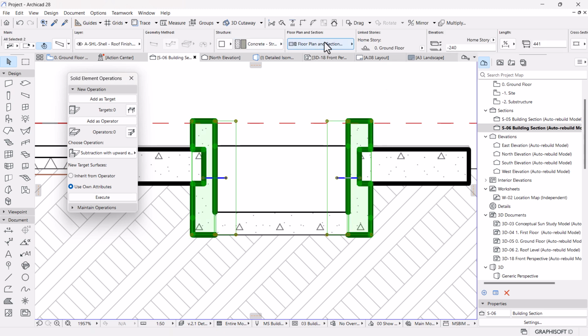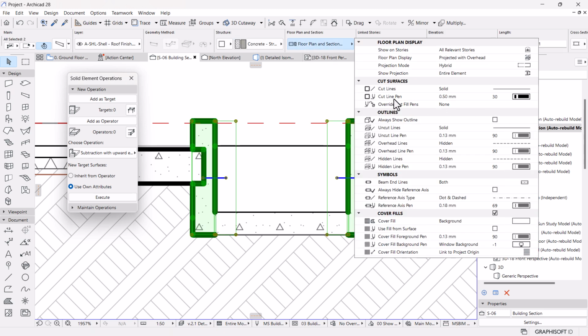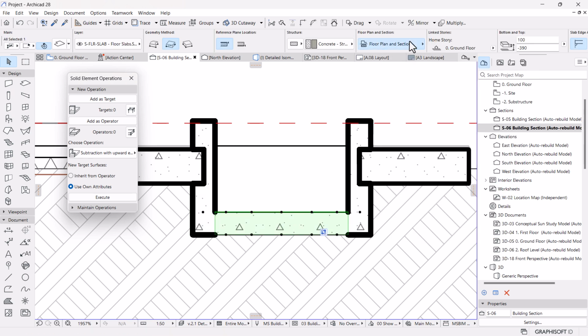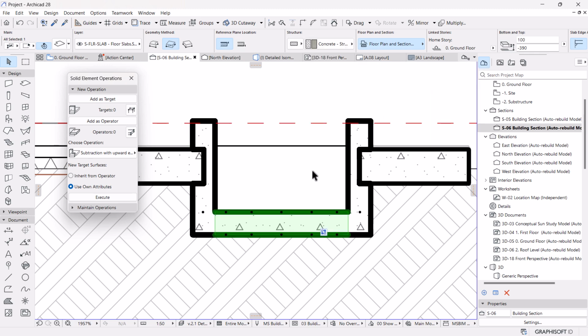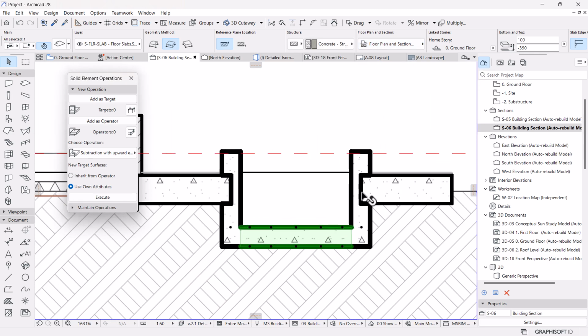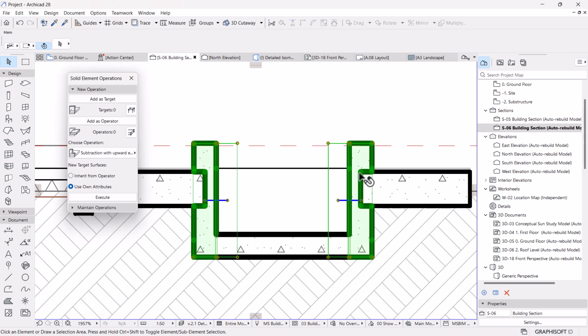So this one, let's check its cut line pen, which is under 30, the cut line pen size. So I'm going to do the same to this one. It's 30, so that you can have